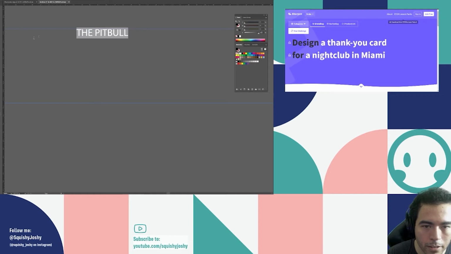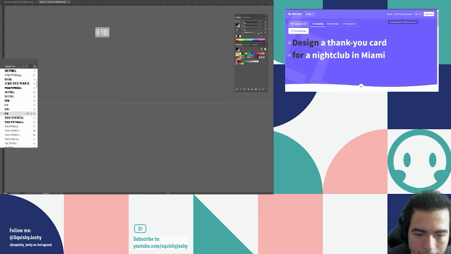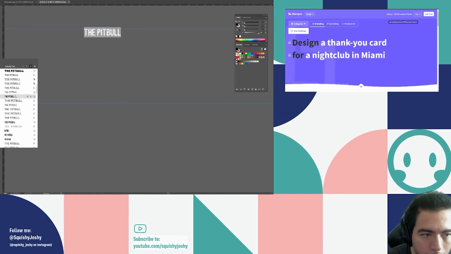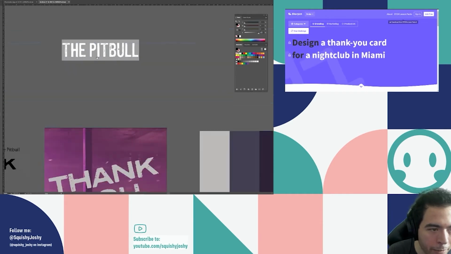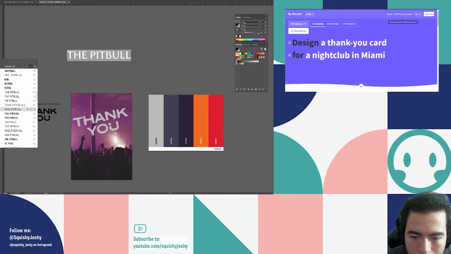Just create a quick logo for the Pitbull. I feel like for a name like the Pitbull, it needs something a little bit aggressive, but not over the top. You want to keep it still give it Miami vibes, but I'm actually on my desktop PC